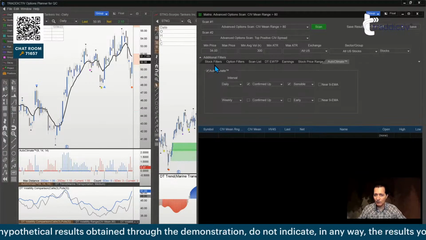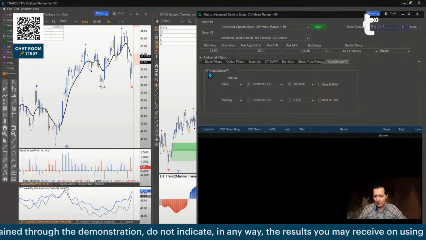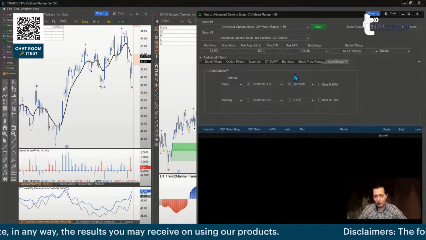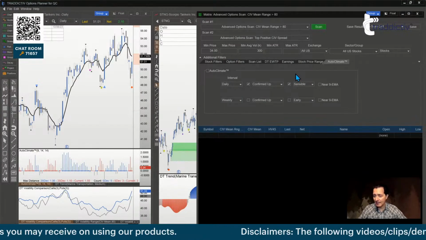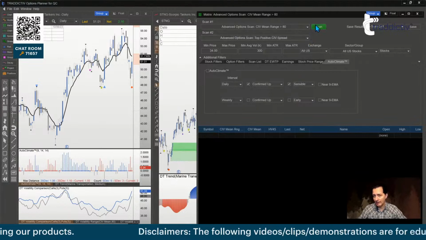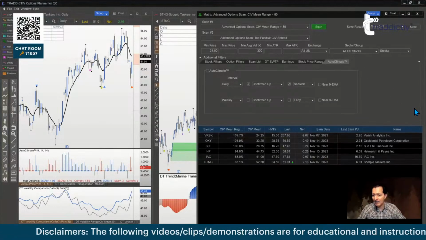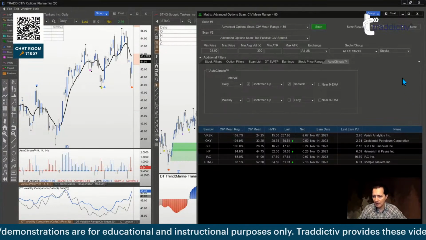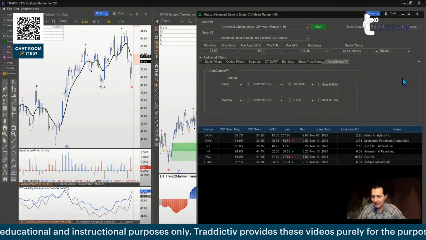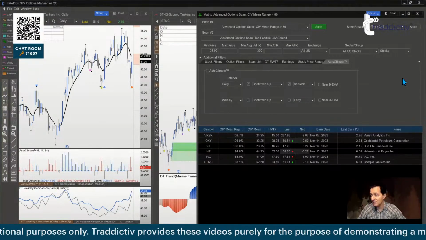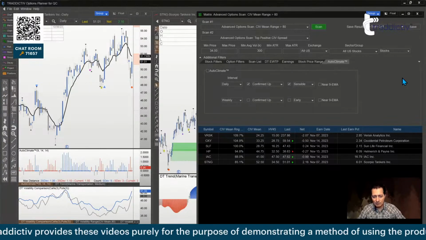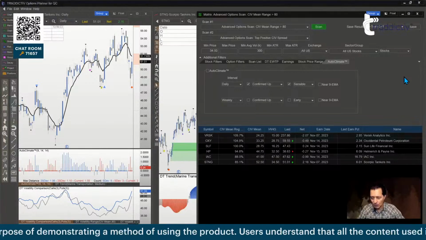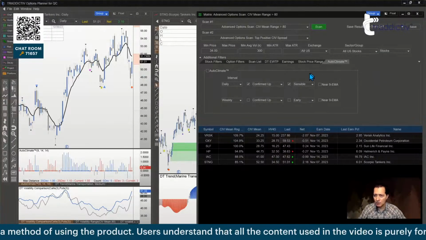Of course, the more check marks, as we talked about in the past, the pickier your filtering is, and of course, you can have more odds for success, but you will find fewer trades. Therefore, it may or may not work for you depending on if you want to be very active or not so active. That is something you need to decide for yourself after you do your analysis and your backtest, and all of us have a different trading style. You may be very aggressive, 10 times more than me. Maybe you are super conservative, 10 times more conservative than me. We're all different. That's why I'm giving you choices here, but you understand the rationale of what I'm doing.